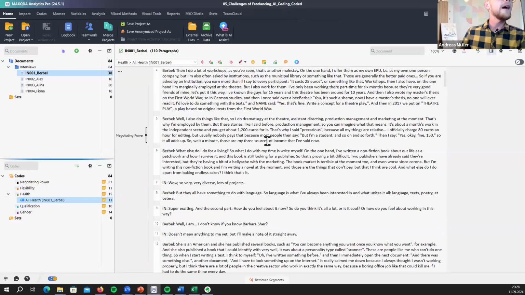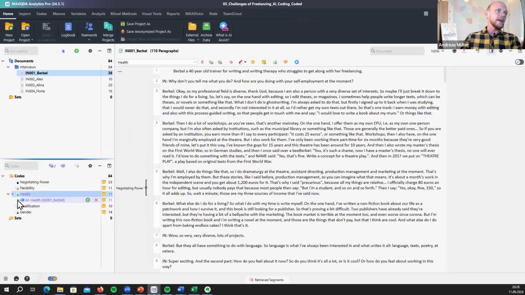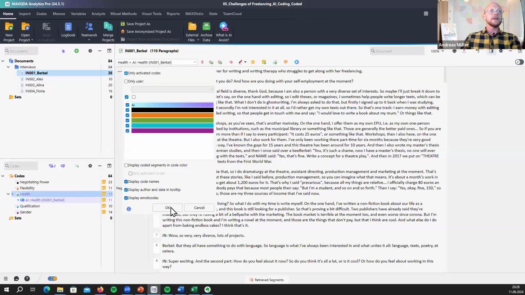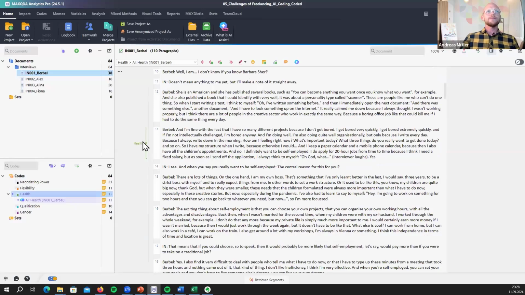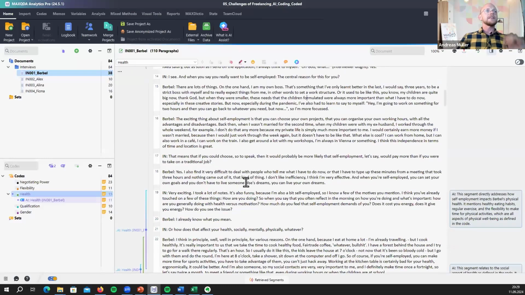So let's have a look. And I will do it now this way. I will activate health and AI health, these two codes, and I will only display them in my document browser, so that we can see, okay, here I defined this statement as health. The AI didn't. Well, Burble talks here about how she's getting bored easily and how she manages her calendar, and for me this was within my scope of health, because I was also wondering about how they spend their free time. I didn't find it, but here